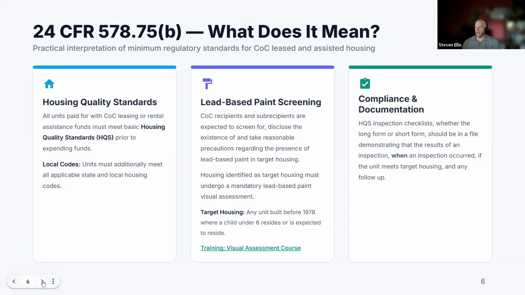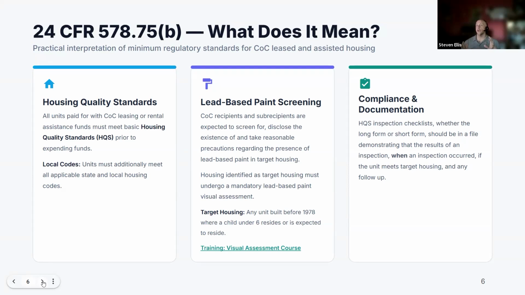So lead-based paint screening, once again, this is the same. It will not change even with NSPIRE implementation, but you all are probably aware that the cross regulations at Part 35, which implements lead-based paint, say that in these units, you must do a lead-based paint visual assessment. The hyperlink, and you all will get not just this recording, but the slide deck, takes you to the HUD visual assessment training course. I'm sure you have taken this, particularly if you're doing inspections or monitoring inspections. It's about an hour long, but it's important because it frames what you must do.